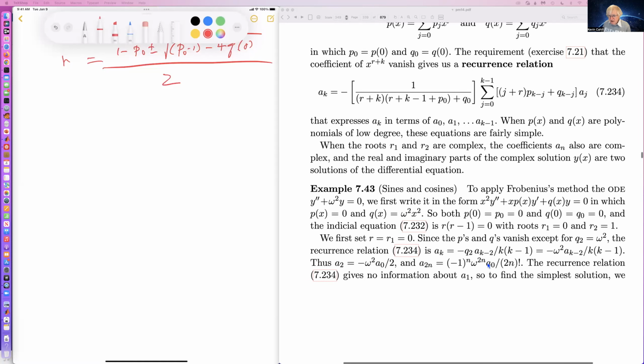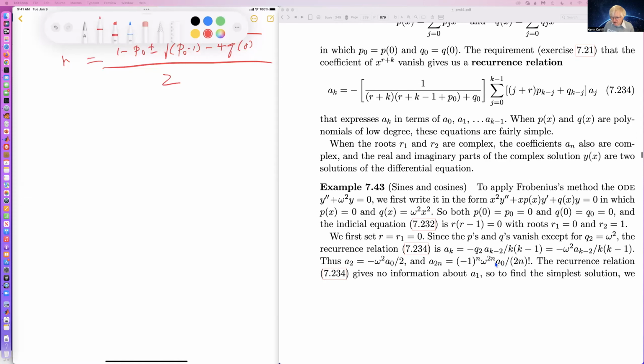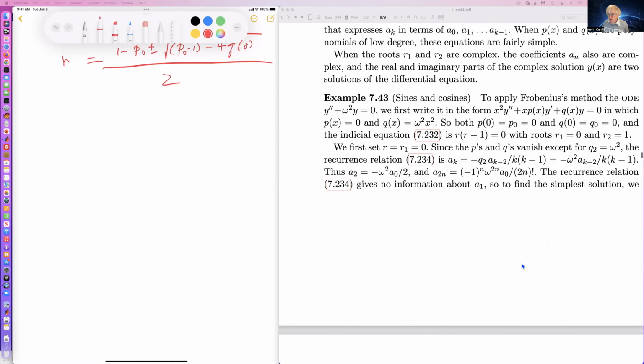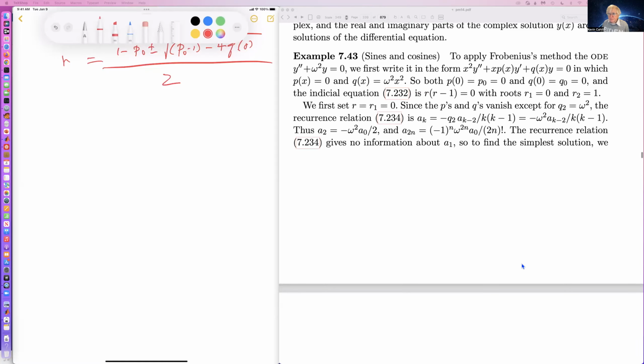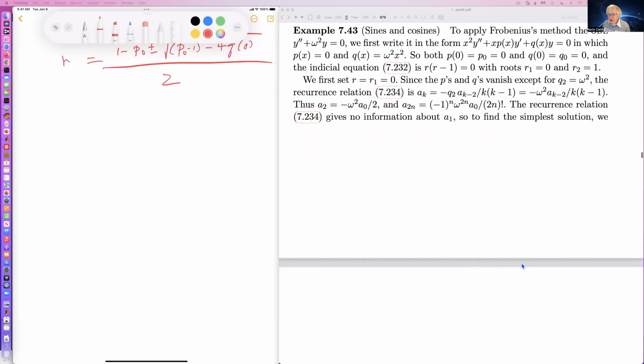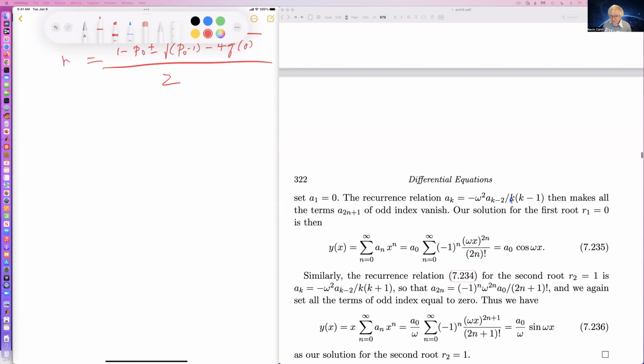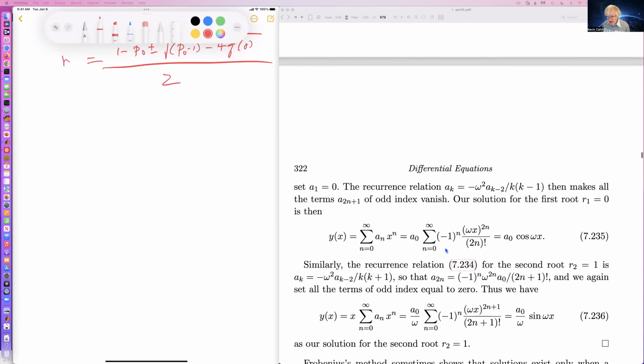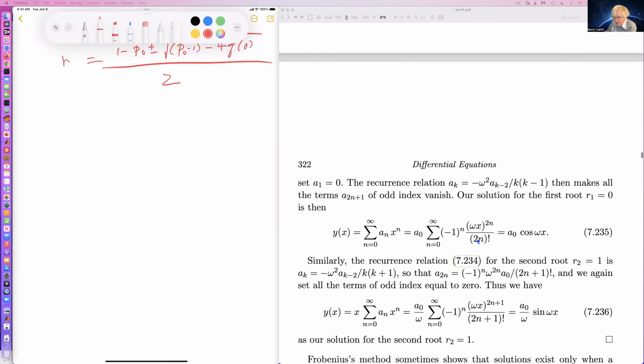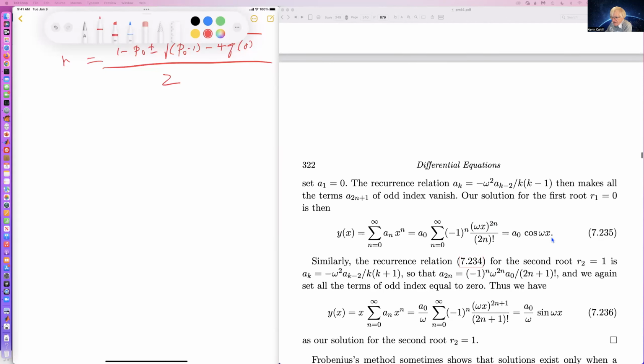A2n, then if you iterate this, you get -1 to the n, omega to the 2n, a0 over 2n factorial. And so then we just find that we can set a1 equal to 0, and then all the odd a's are 0, and so we just have y of x as a sum of omega x to the 2n like this, and that's the